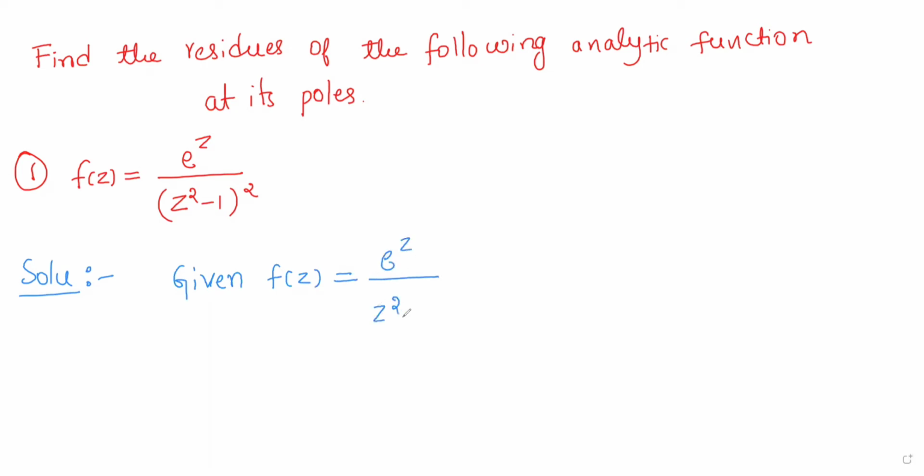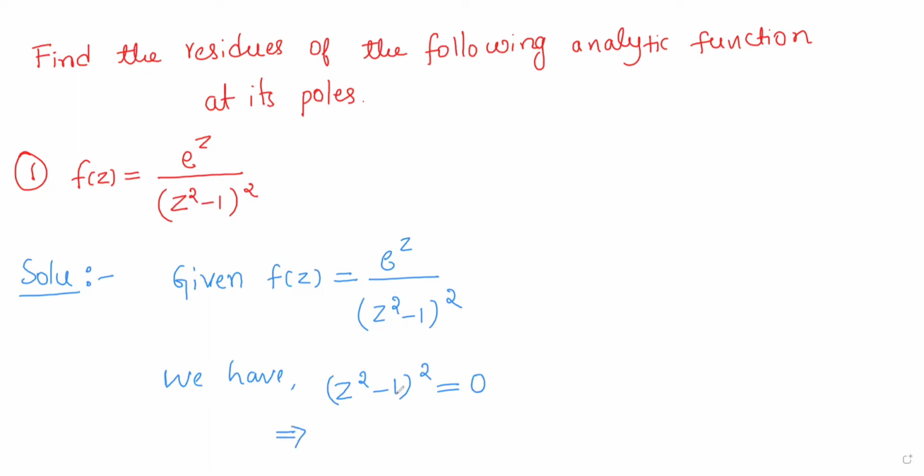by z square minus 1 whole square. Once again, we can observe that the function f of z can become indefinite or infinite only if the denominator function becomes 0. So note that we have z square minus 1 whole square equals 0 implies